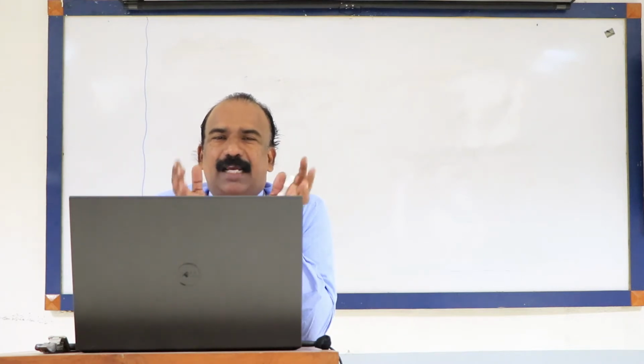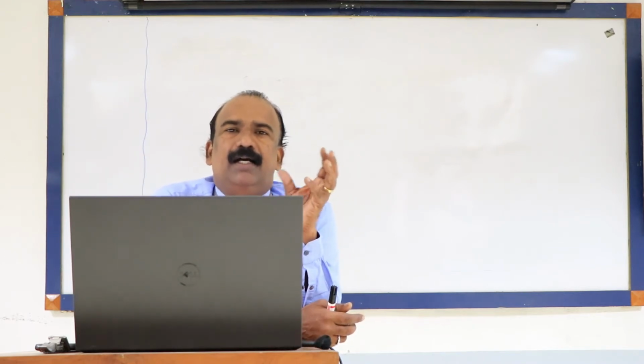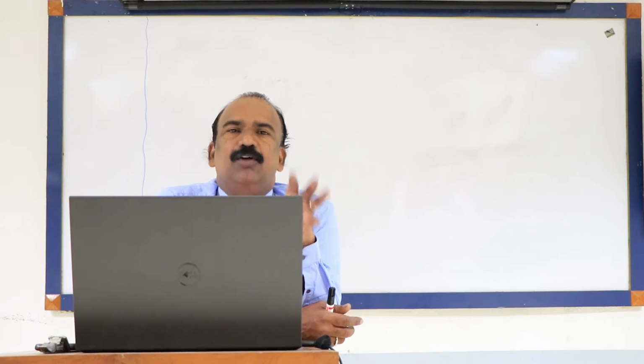Last session, we took up a two-stage growth model. Then we looked at a case study, and we calculated the weighted average cost of capital for the high growth period and stable growth period. Then we calculated free cash flow, which is an important component in computing the value of a company. And then we are at the last step in computing the value of a company, that is the present value of cash inflow during the high growth period and the present value of cash inflow during the stable growth period.